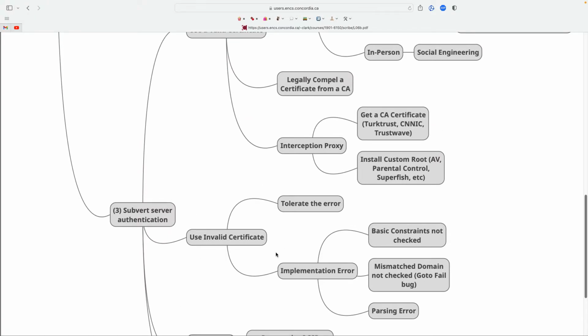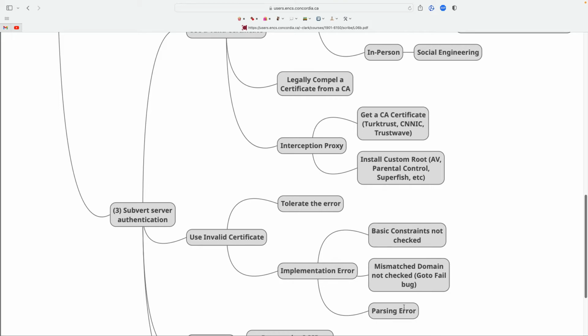Last class we talked a little bit about you could just use an invalid certificate, so you could either tolerate the error, meaning you hope users click through the error. Or there's some sort of implementation error in the certificate checks, like you're not checking the basic constraint that a CA certificate is a CA. In goto fail, you weren't checking that the domain matched the certificate.